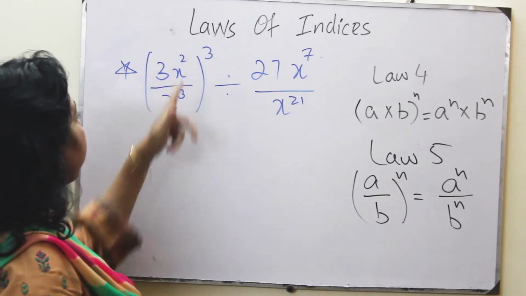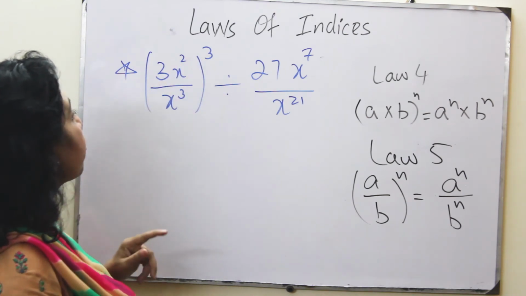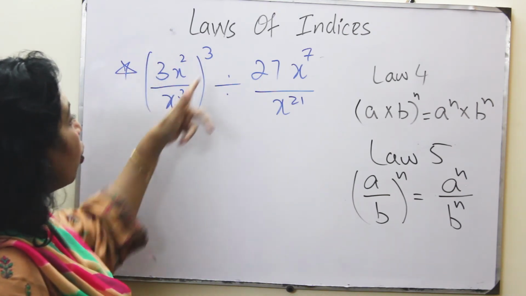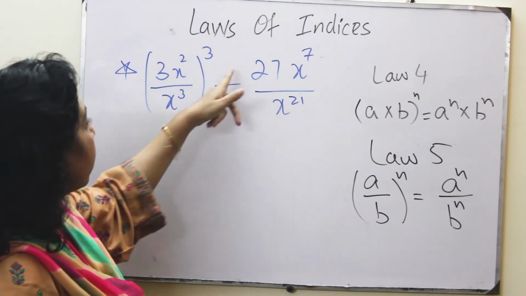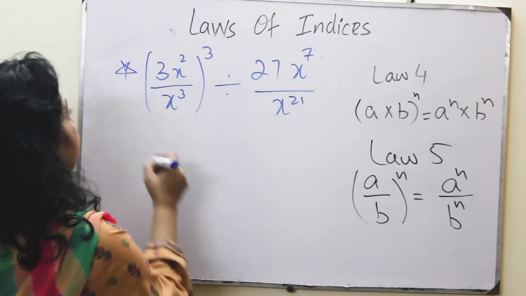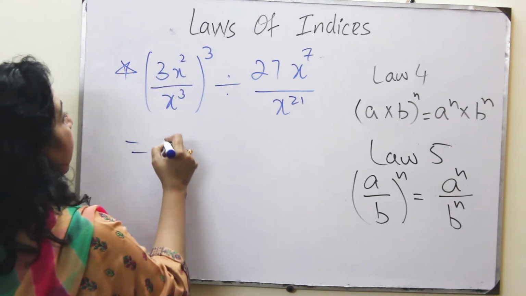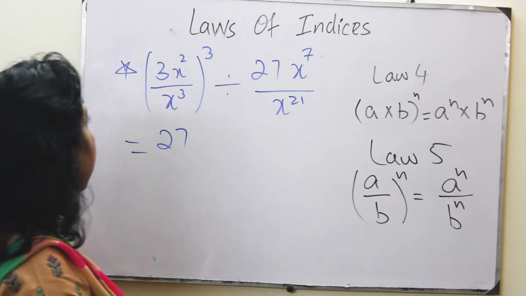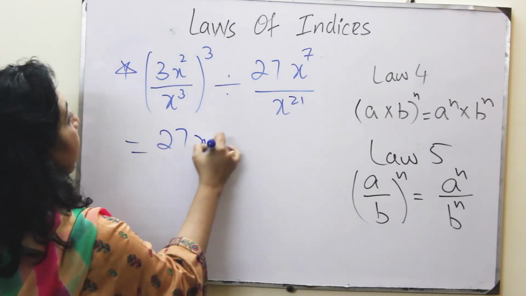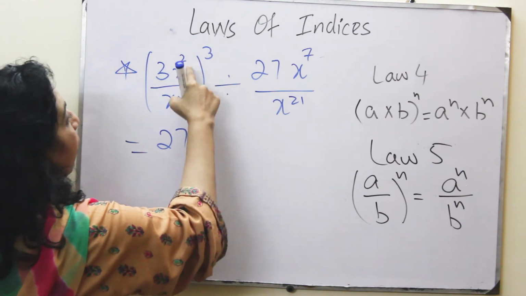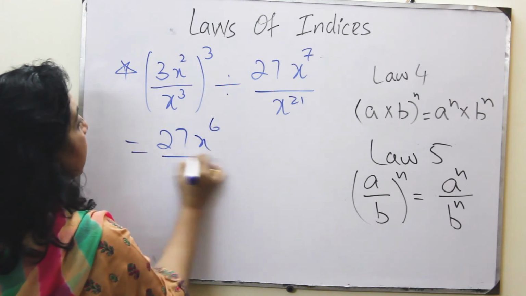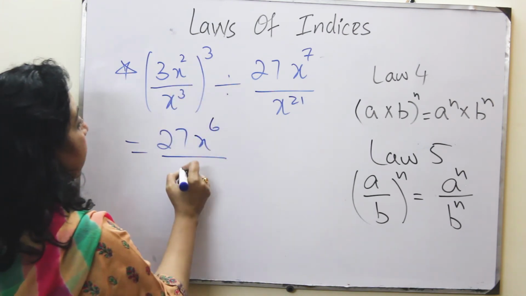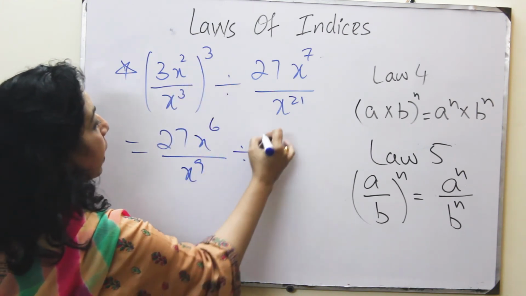This is 3x power 2 over x power 3 whole raised to power 3. So first we are going to open the bracket, then we are going to flip it, and then we are going to solve. Let's start. 3 power 3 is 27, 3 times 3 multiply 3 is 9, 9 is 3 times 3. x power 2 raised to power 3, power multiply power is 6, this x power 3 multiply 3, x power 9, divided by this 27,